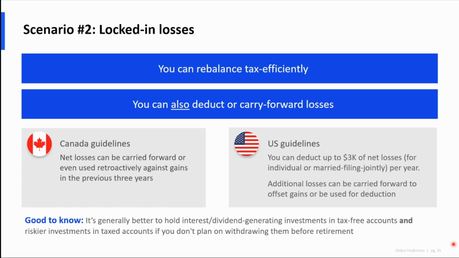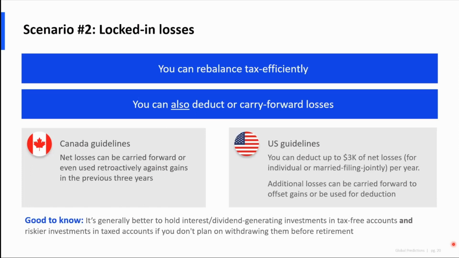There's basically two things you can do in that situation. The first thing is you can know that you have losses and feel free to rebalance your portfolio up to a point to get it to where you want to go. Maybe there's a security that's gotten quite big in my portfolio that I've always wanted to pare down, but I haven't done it because I didn't want to pay capital gains. You can do that knowing that you have losses offsetting it. So it's the same idea, just in reverse. The other thing that you can do, which is actually quite powerful, is you can deduct or carry forward losses.